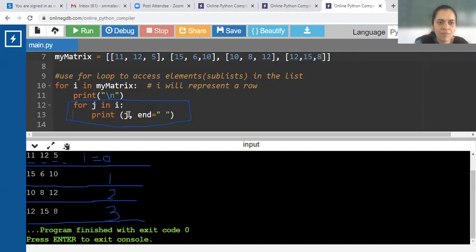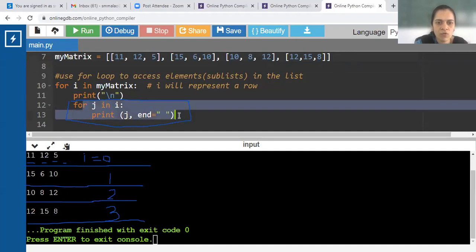Now tell me how many times the inner for loop executes for every value of I. Yes. Yes, correct. Shubham, Shruti, Chandan, Srushti, Aditya, Yash. And okay, yes. Yes, you all are correct.